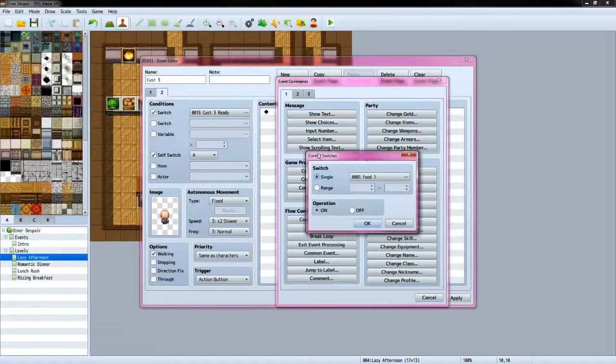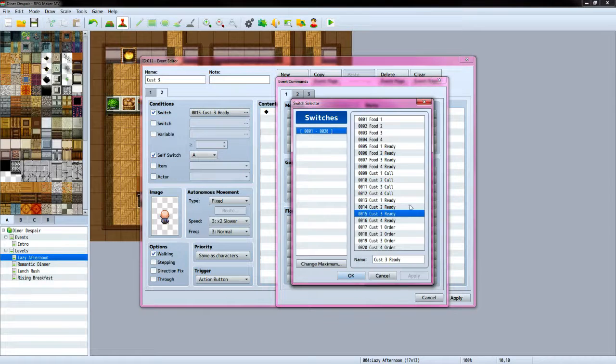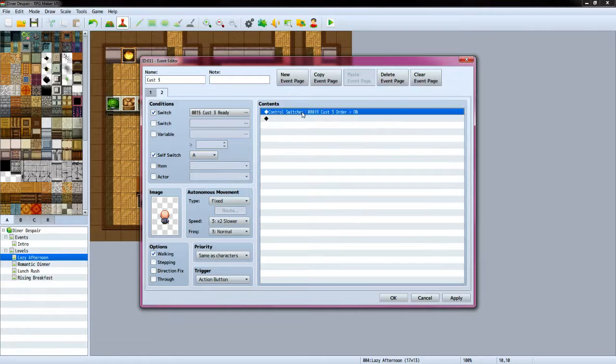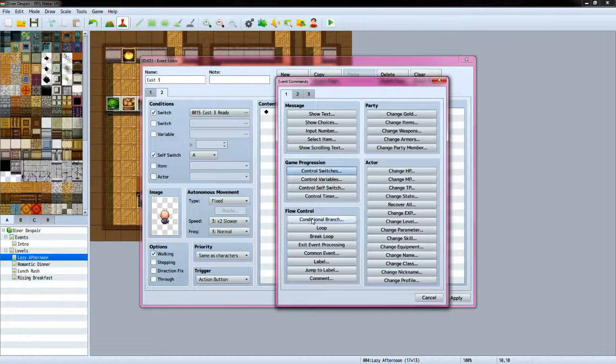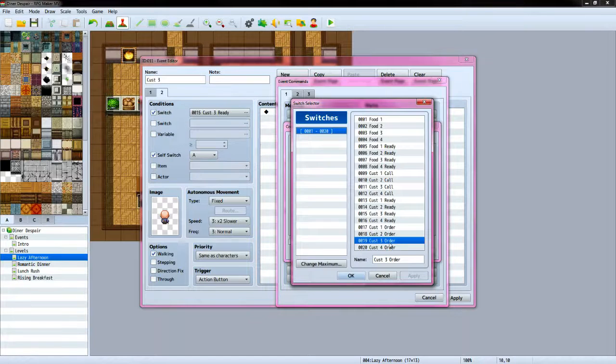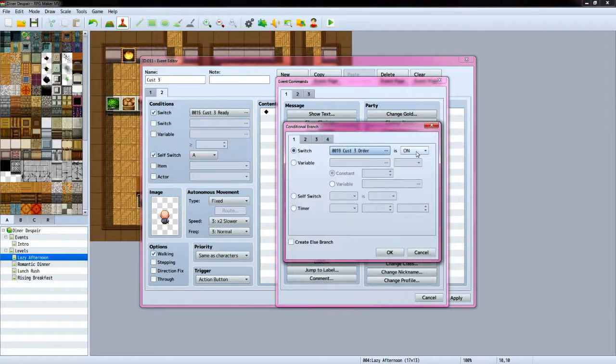So control switch, customer 3, order is set to on. Oh wait, I completely got that wrong. Let me start over. If customer 3 order is on,